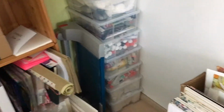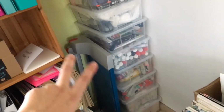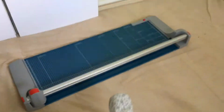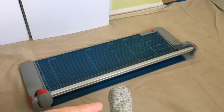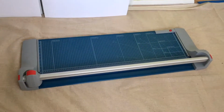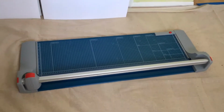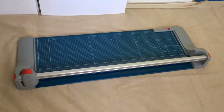One of my paper trimmers, that is the relatively small one, because I have a massive one here. See, that's my foot. That's how big that thing is. It actually can accommodate a full imperial sheet on the long side, and having this has made my life so